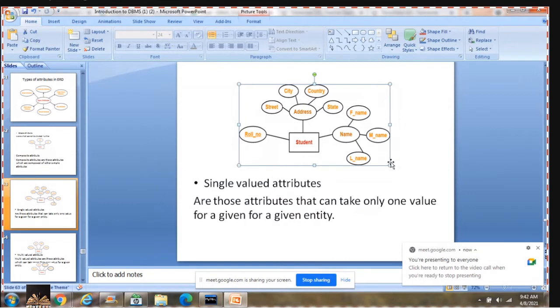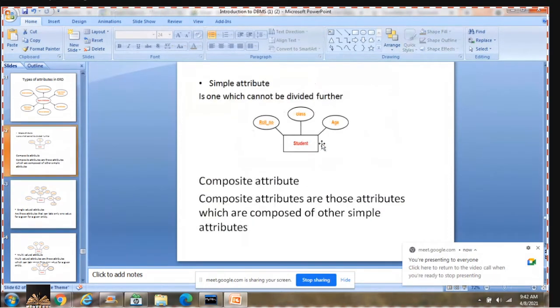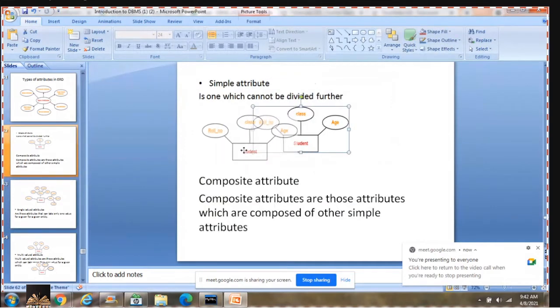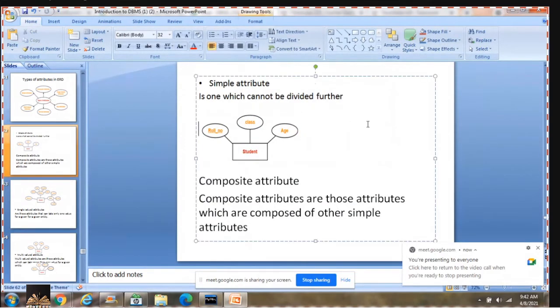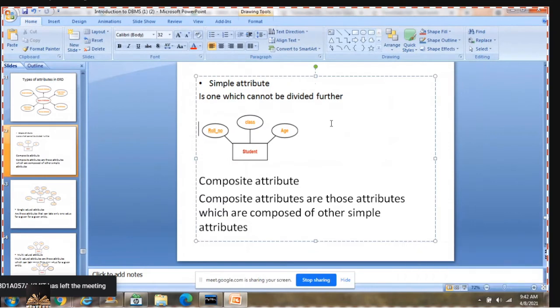I am working with the address attribute. Okay, I'll make it simple for you.